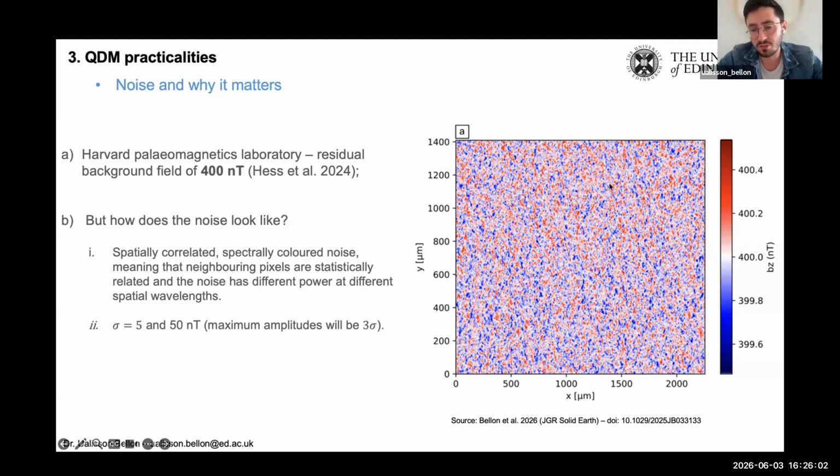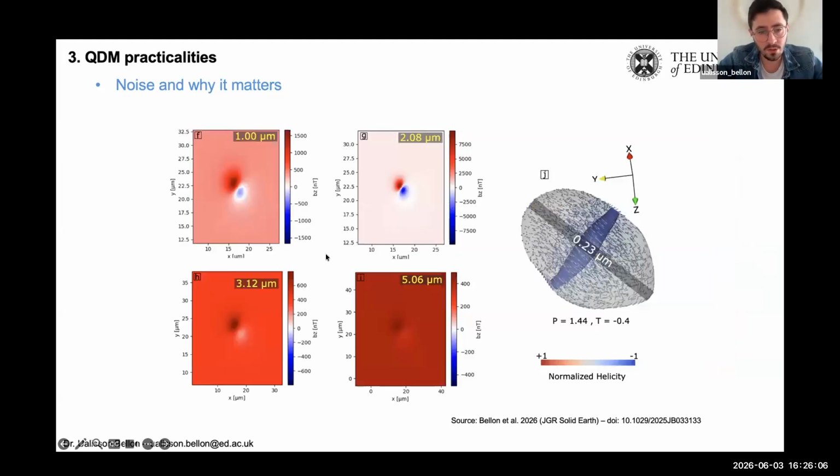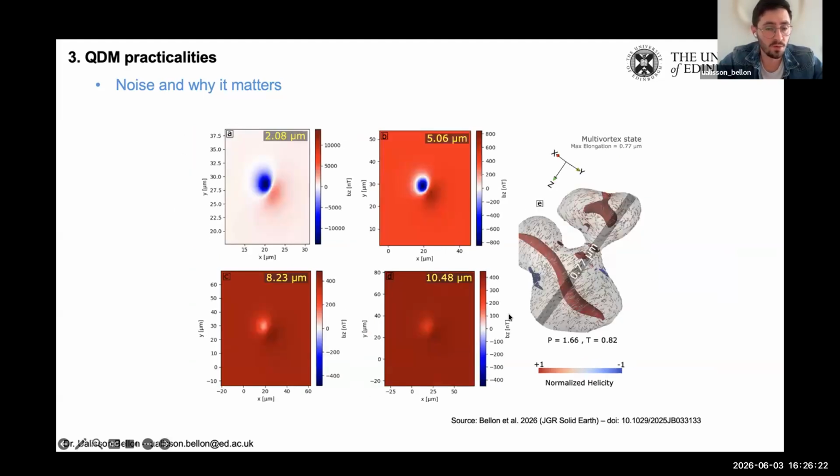And then you can see the variations, which is the noise in blue and red. We added that to the data that we had. So in here, you can see that same example, and you can see how quickly buried in the background noise it becomes as you get far away from it. So in here, for this 200 nanometer particle in 5 microns, it is barely detectable. And for this 1 micron particle, the same thing happens, but of course it can resist a bit more because